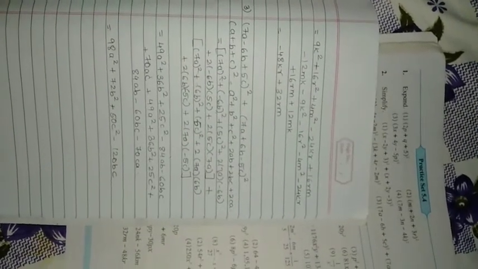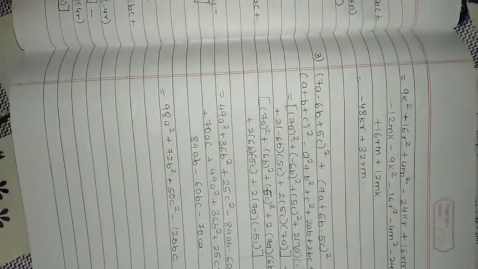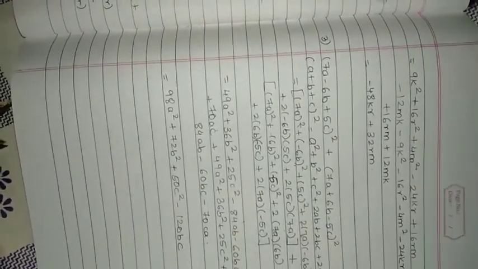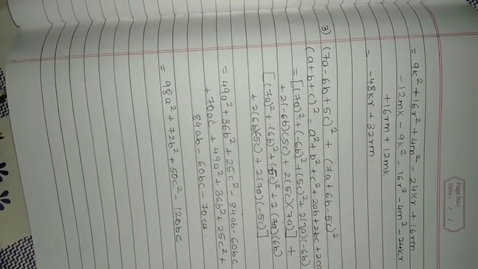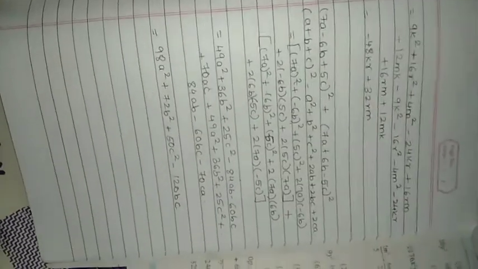Along with this solution the chapter gets completed. I hope this chapter was quite easy. This chapter is based only on the formulas. If you know the formula very well, you are supposed to just add, subtract, multiply, that's all, and see where the sign is. If you don't know the formula, this chapter will be difficult for you.